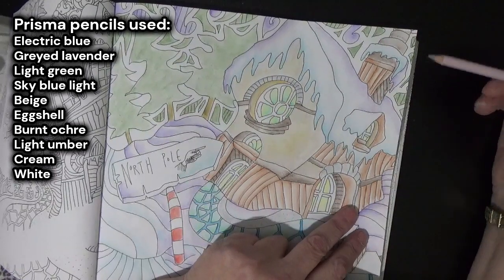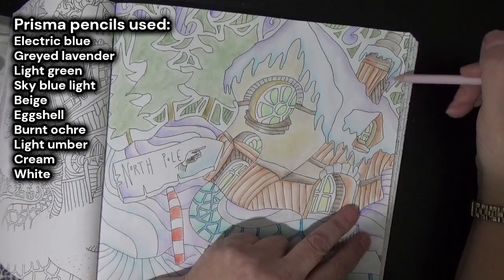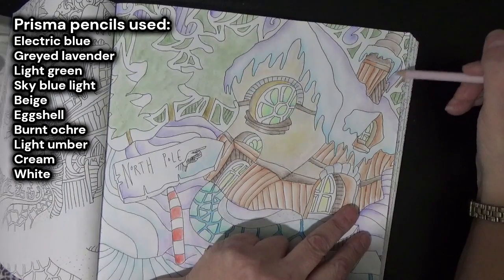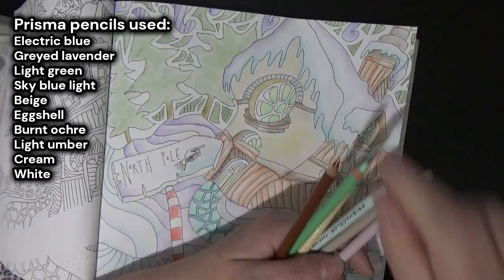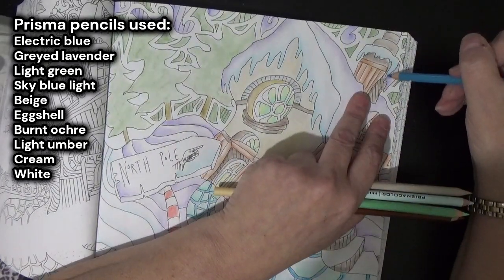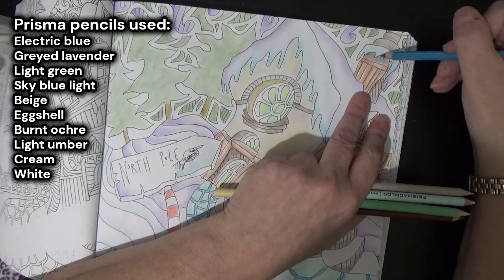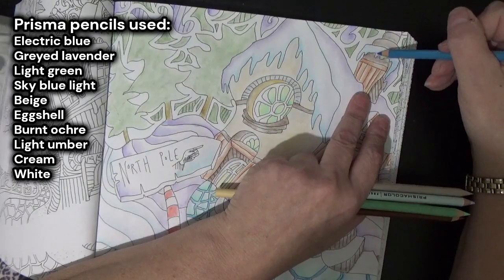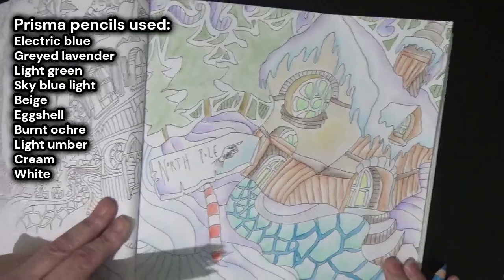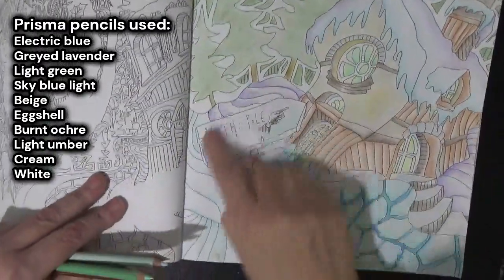And I think I've changed my mind about going for the really dark background. I'm thinking more of maybe a purpley blue or something. Oh, and we need a little bit there in our little chimney pot. There we go, isn't that cool? Alright, so that's how we're going to do all our ice. So all of these bits down here,